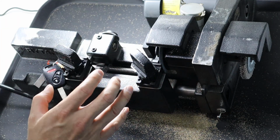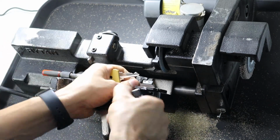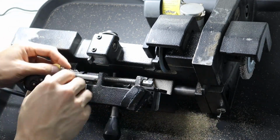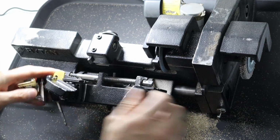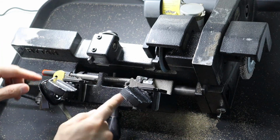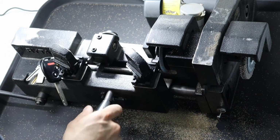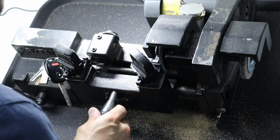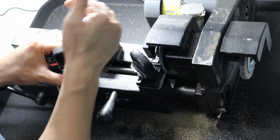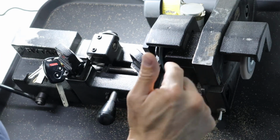So just to review really quickly, you put in the customer's key, reset up. You basically put in the customer's key, this side, you put it in. This one, you just put it all the way into the shoulder, so it gets stopped right here. And then you release the carriage, gap on this side, move this one back a little bit, turn on,